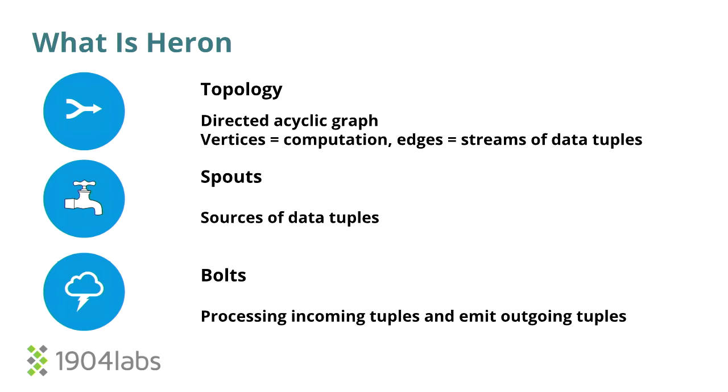Spouts will be your source for data from the outside world. So spouts can read from MySQL tables, Cassandra tables, Apache Kafka queues, Pulsar queues, and so forth. And then bolts will be doing all the downstream processing and making decisions based on the data that's passed through the topology. And then to connect those spouts and bolts will be edges, which will be your streams of data, which is wrapped by a data tuple object.